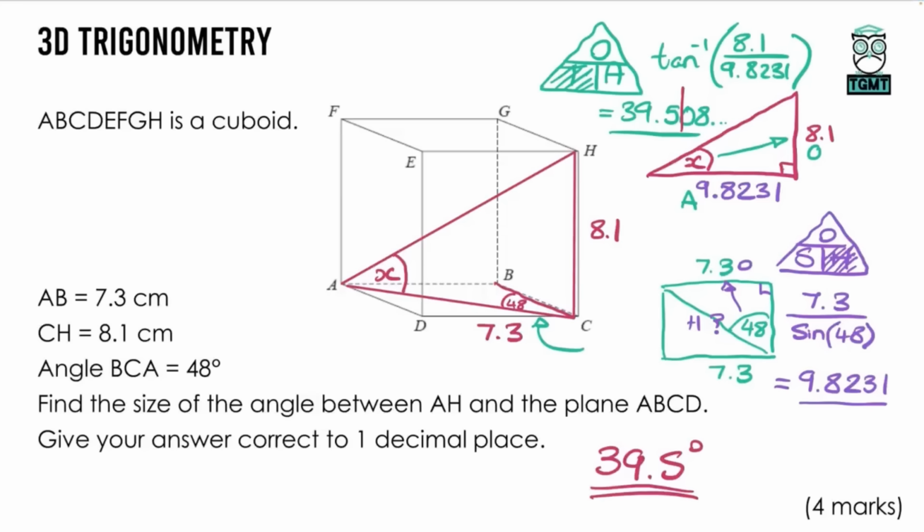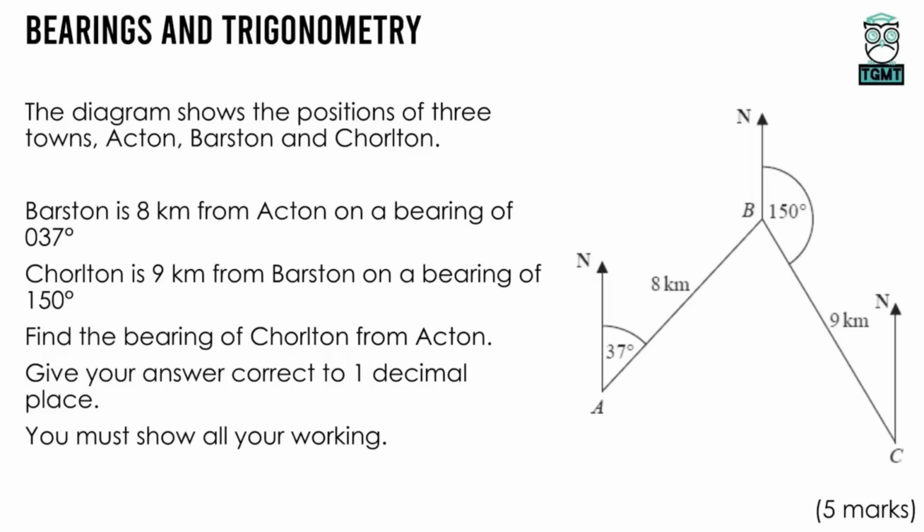Of course, not forgetting, you can have to do further trigonometry within SOHCAHTOA, but there we go, a relatively nice question that only involved right-angled triangles. Okay, so looking at some bearings and trigonometry, this is our last question looking at trigonometry now. So here we've got lots of information, but it wants us to find the bearing of Chorlton from